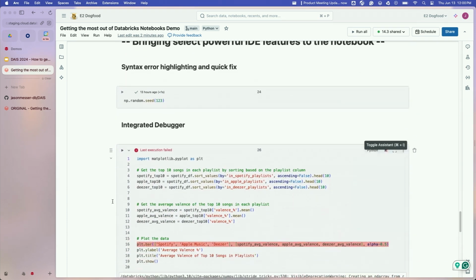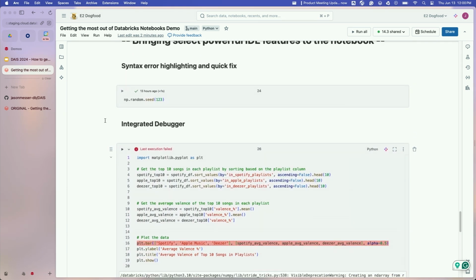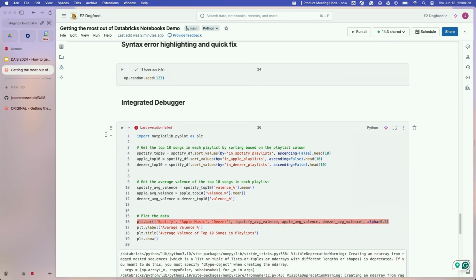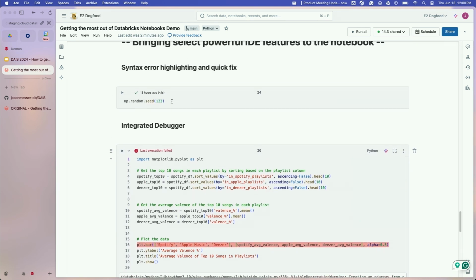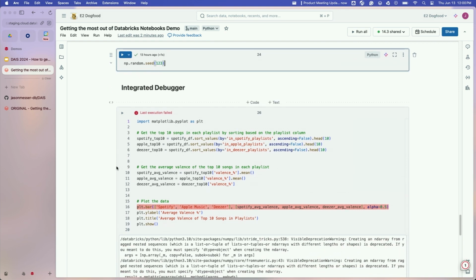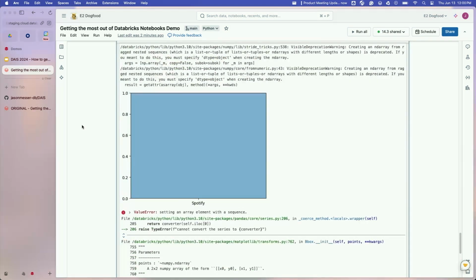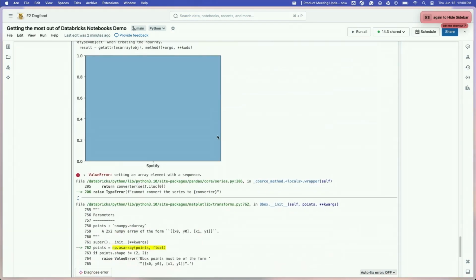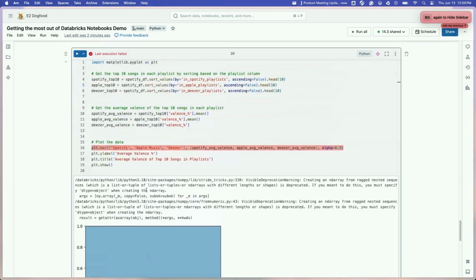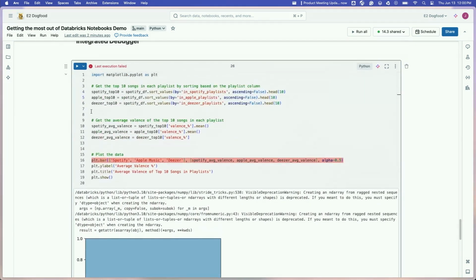Perfect. I will end real quickly with just some select IDE features that we're bringing into the notebook. One of the cool things that we have now is an integrated debugger. If you can see here, I get the side panel all the way here. I have some code here that's not quite doing what I want it to do. I'm supposed to be graphing the average valence of various streaming platforms, the top songs there. And so if I just click on